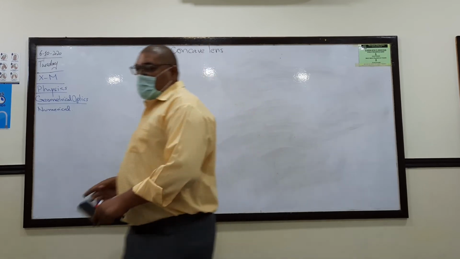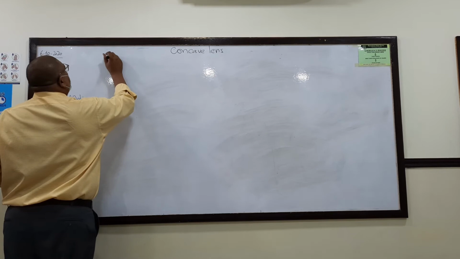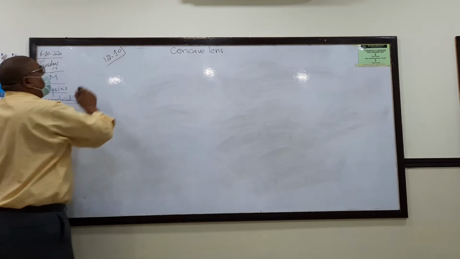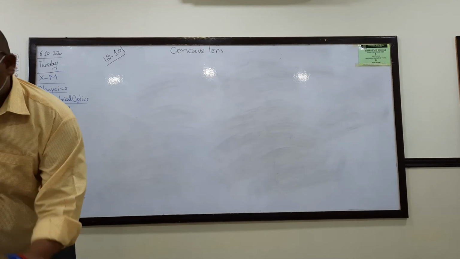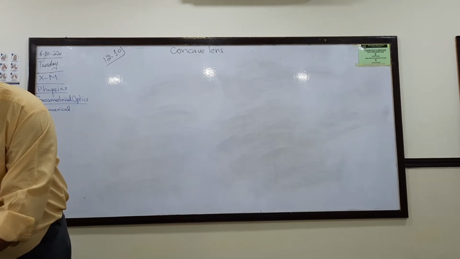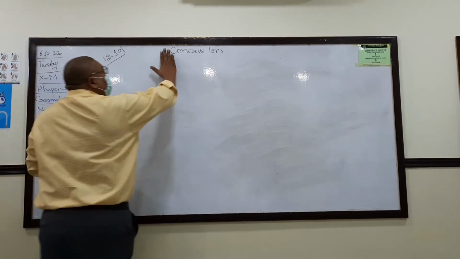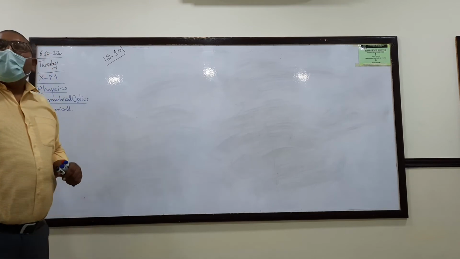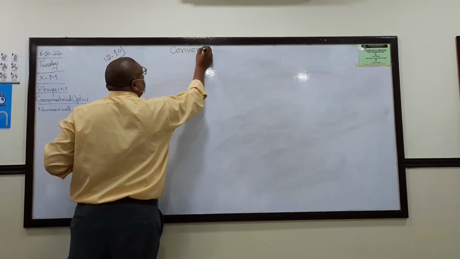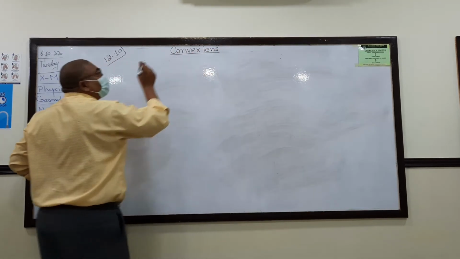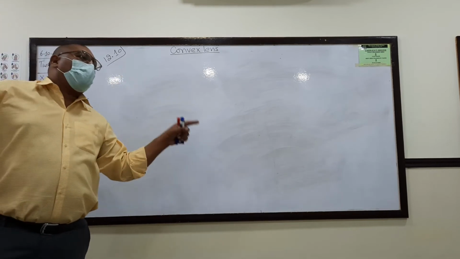12.10. Next numerical from the geometrical optics chapter, 10 metric physics, 12.10. Somebody will read? G. A convex lens of focal length. Okay, stop. The important thing is, this time, the question is on a convex lens. It's very important information in solving this numerical. That's why I wrote it on the top. The story is about a convex lens.